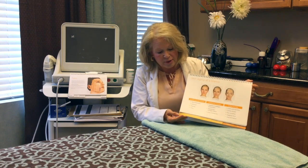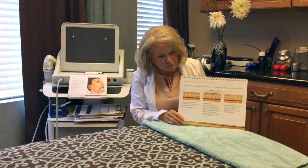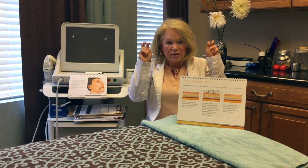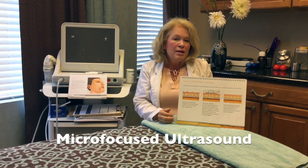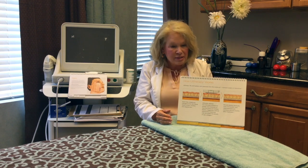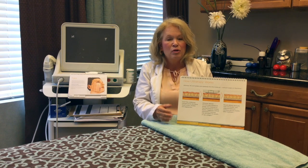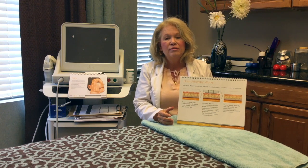With regard to Ultherapy, what we're doing is we're using ultrasound, which many of you may be familiar with. It was used when you were pregnant or knew somebody who was pregnant, and they were able to visualize the baby. In certain modes, that's exactly what ultrasound can do: almost like with X-ray eyes, it lets us see through the tissue on the surface, deeper. Micro-focused ultrasound is what Ultherapy is all about. That kind of technology is so powerful that it is used to break up kidney stones, and it's also used to break up gallstones. So when we are able to focus it where we want to focus it, we can have tremendous power